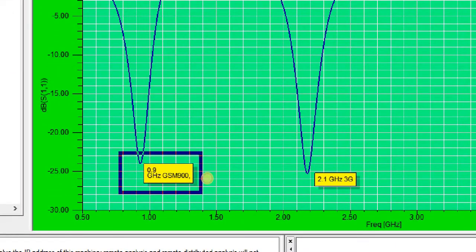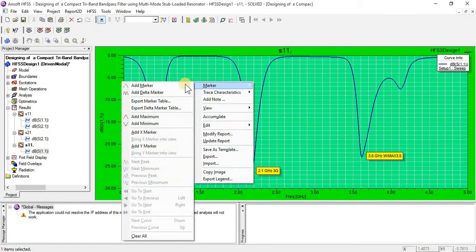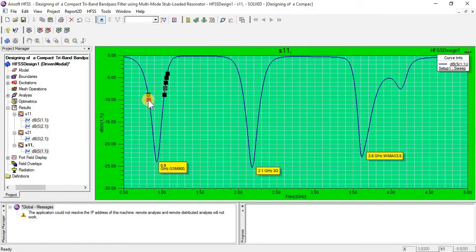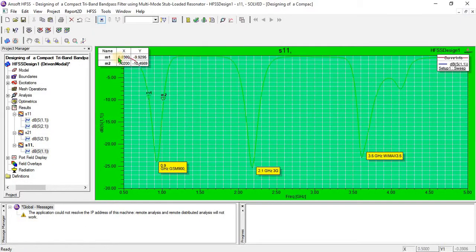Here you can see that the 0.9 GHz frequency is for GSM 900. Now I am going to mark the first passband bandwidth. You can see that the x-axis is frequency in gigahertz, and the y-axis is magnitude in dB. Here you can see that 0.9 GHz is a frequency for GSM 900, and it lies between